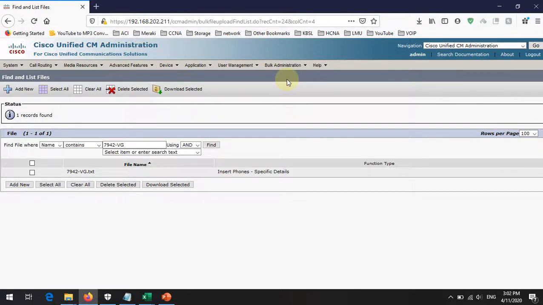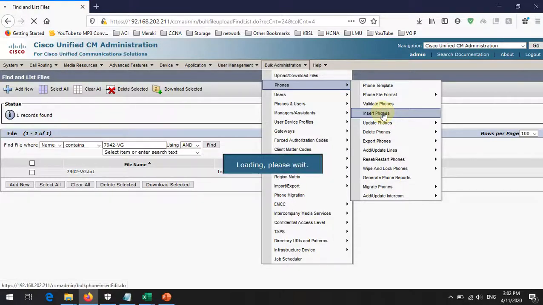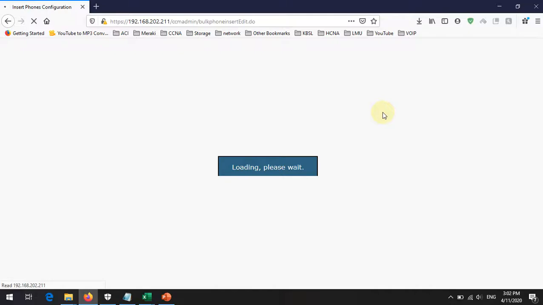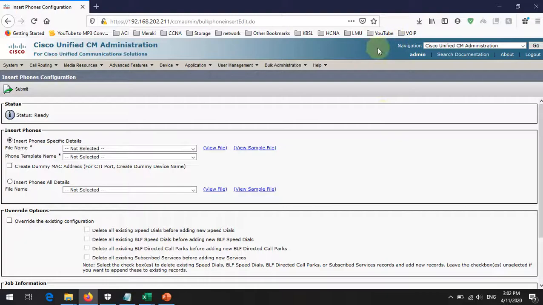So for that you need to again go to the bulk administration, fonts and insert font. So what is the place? Under the bulk administration, fonts, insert fonts. Just click the insert font. Now you will be redirected to the insert font page. In this page you can select the font template and the file name. So if you can remember,